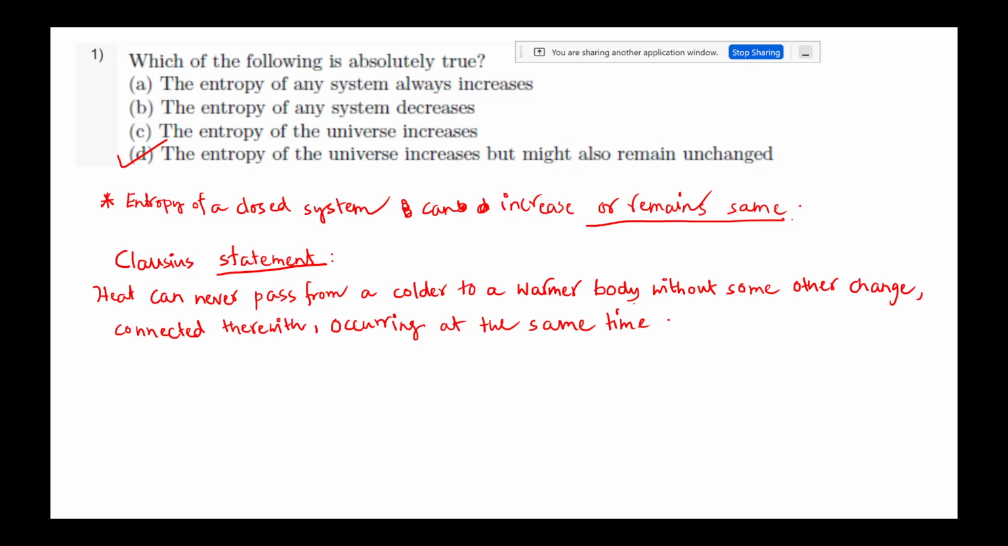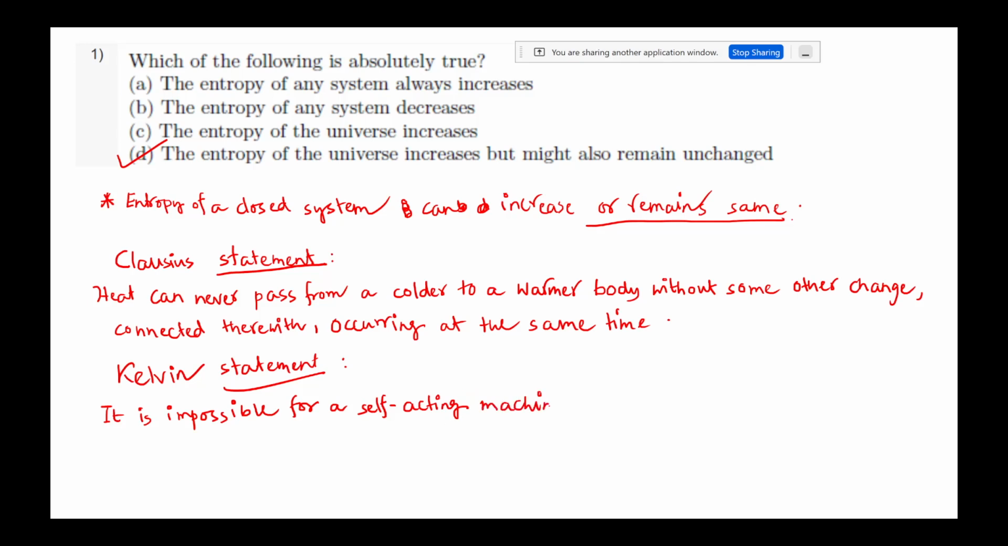So that's why you need electricity for the refrigerator. There are different statements also, for Kelvin, which is the Kelvin statement. Let me write it here. It is impossible for a self-acting machine,